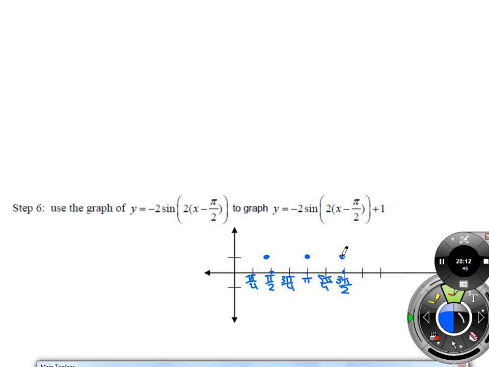Okay? And then that minimum point that was at 3 pi over 4 is still 2 units below the midline. The midline just happens to be at 1 now. So to be 2 units below this is to be at negative 1 instead of negative 2. The maximum is still 2 units above the midline, but that means now it's at positive 3 instead of positive 2 because I've bumped the middle up 1. Okay? So then this is